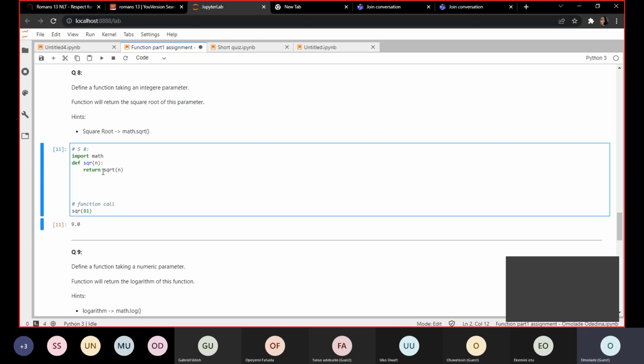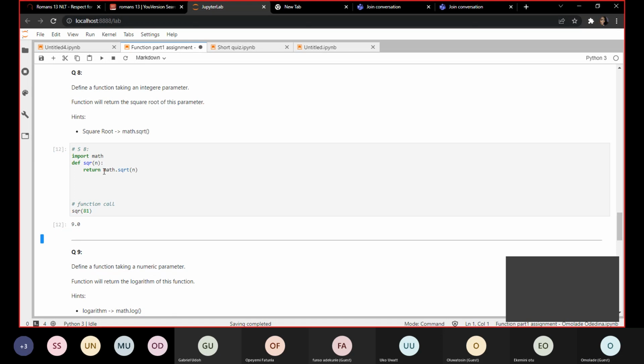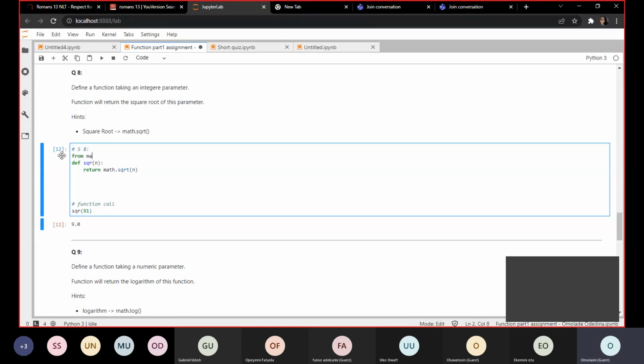Everywhere you go in that code, you have to write math dot square root. You run it, putting math before the square root and then the dot. But if you just do it once, from math import square root, that's sqrt. If you do this once in all your code,